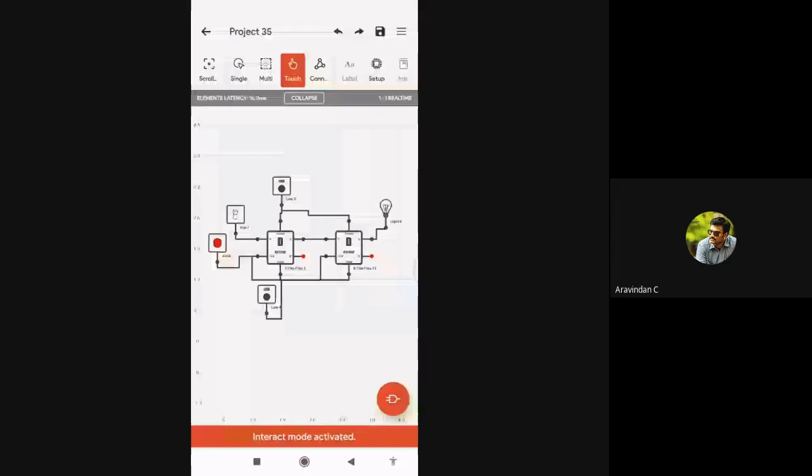Okay, I'll come back again. I'll change the input to 1 now. What is the output of the first flip-flop? 0. So when I press the first clock pulse, the output has become red now, which means it is high. The output of the first flip-flop is given as an input to the second flip-flop. So the second flip-flop receives the data as a high state, but it doesn't transfer. For transferring your data, you are supposed to press the second clock. Now I'm pressing the second clock. It has transferred the data from the input to the output.